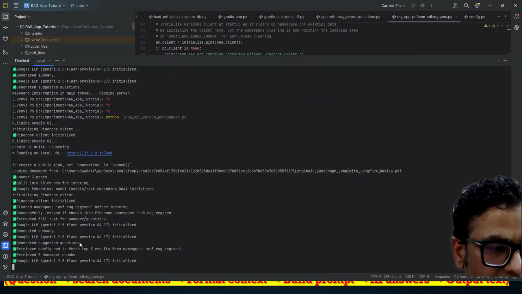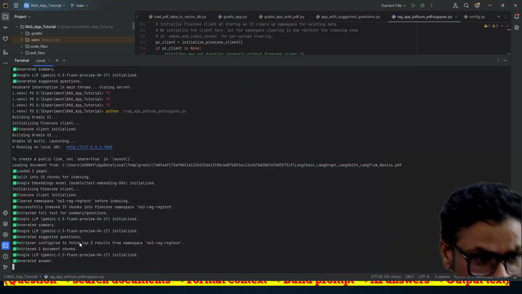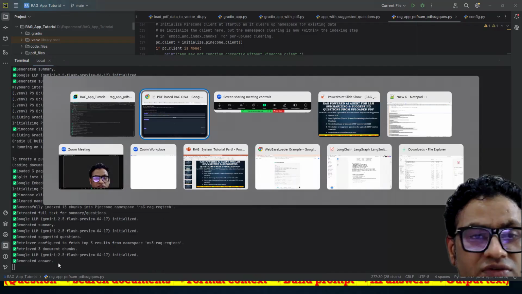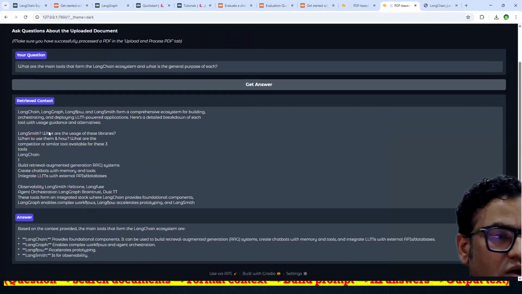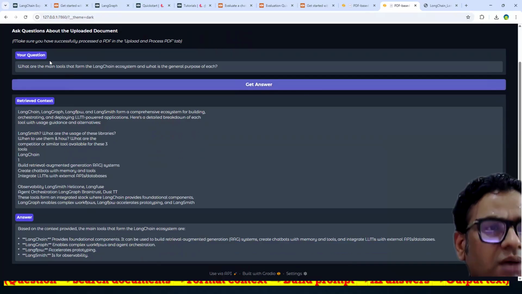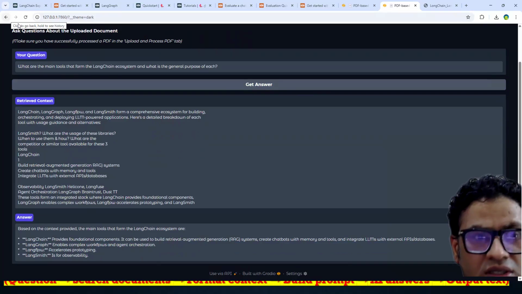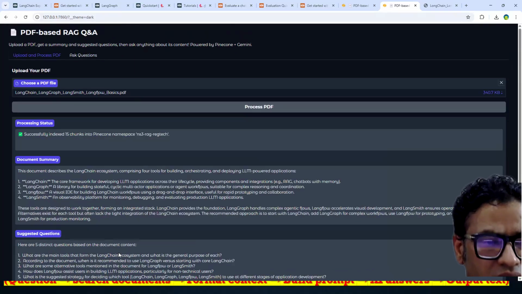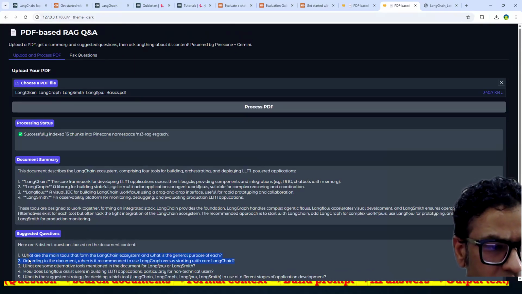Okay, come back here. Let's see. Retrieved 3 documents, generated answer on server side. Everything looks good. This is the context. Okay, LangChain, what are the uses of LangChain and LangGraph, and so on. Based on the context provided, the main tools from the LangChain ecosystem are, and so on. Okay, this looks good. We can just come back here, take the second question,